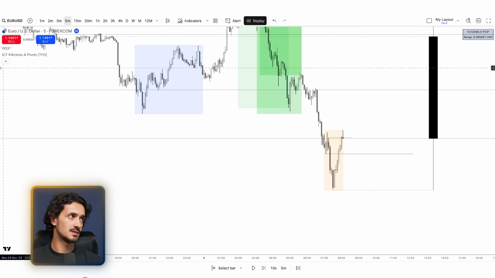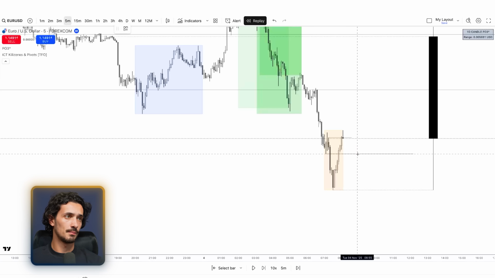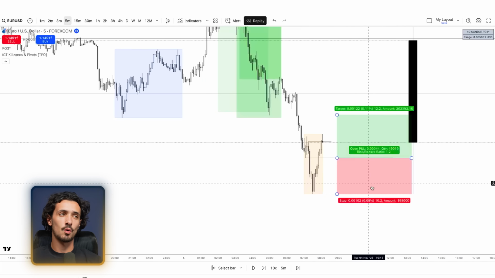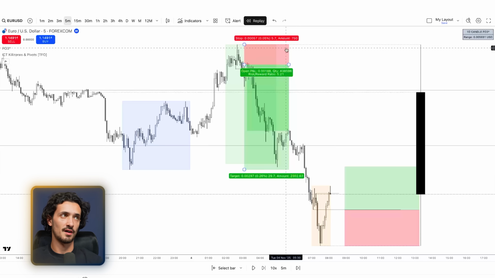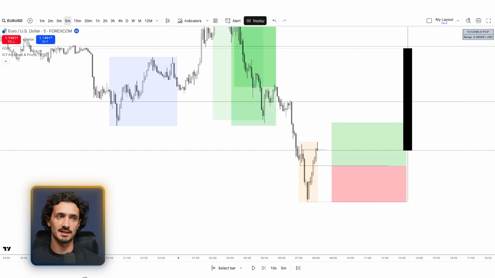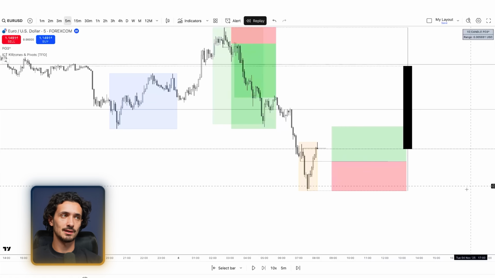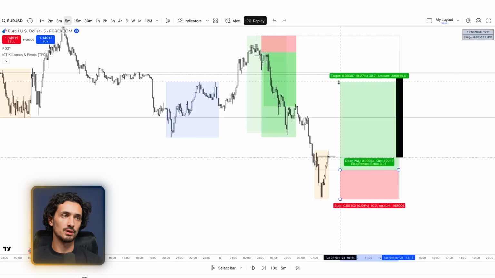So down here, we have this inverse fair value gap, right? I'm putting my longs in here. My stop loss is going below this low. This is quite a larger stop loss than normal, generally speaking. You can notice this is a 5.7. Usually it's like a 5, 6, 7, 4 pip stop loss. 10.2 is a little bit abnormal, but it's still fine because